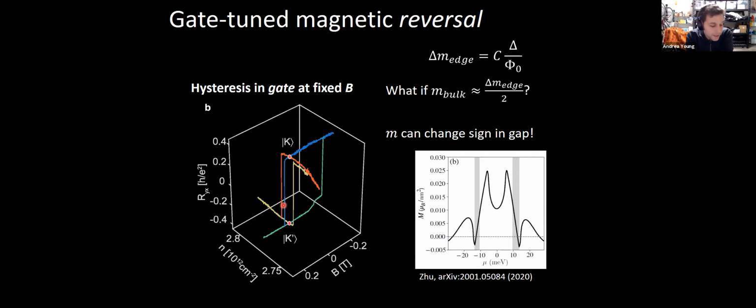Well, certainly if there was no field, this would need to be symmetric, or at the very least, you would need to be able to find two variants, like two hysteresis curves. Presumably tuned by current at that point. The problem with this system is that it's getting awfully multiferroic. Let me see if I can summarize your question, which is that you expect some symmetry here, right? That at zero magnetic field you should be able to get a symmetric curve somehow, or multiple curves. Yeah, and I think the answer is yes.